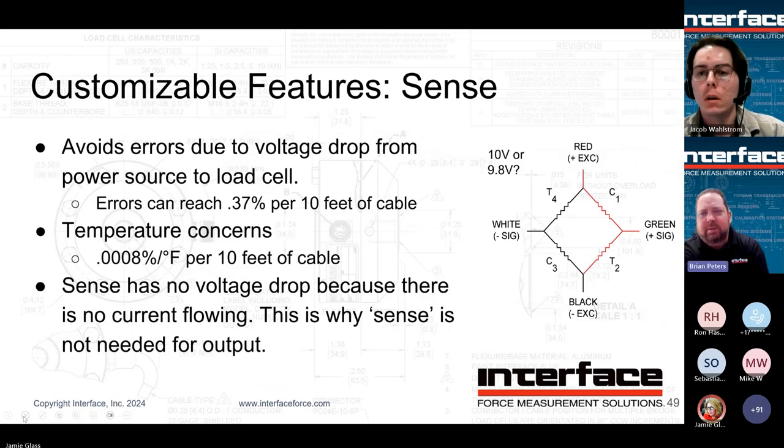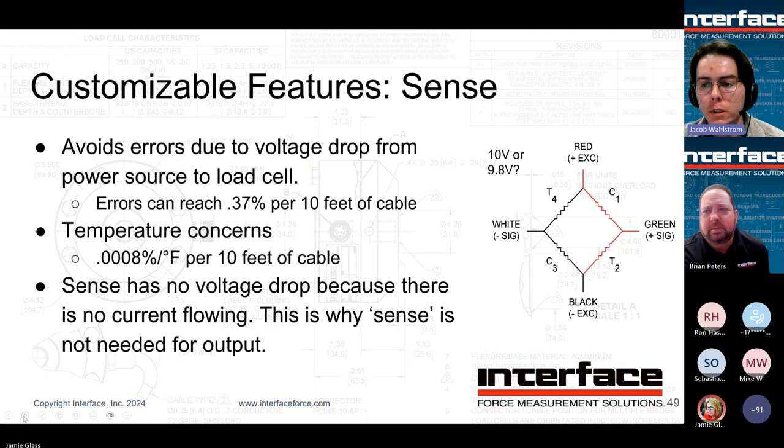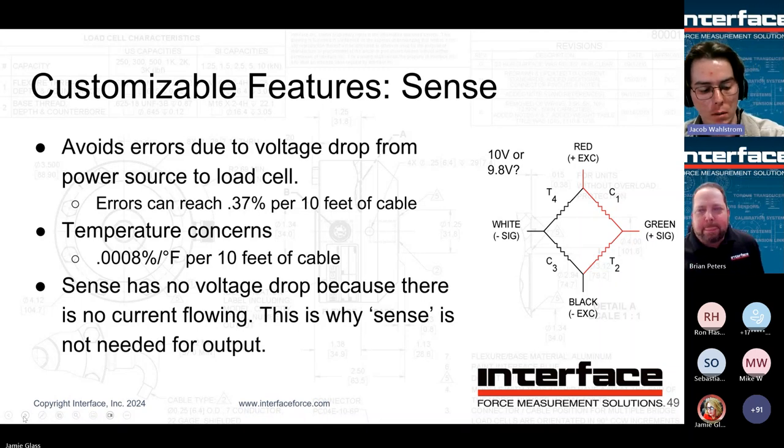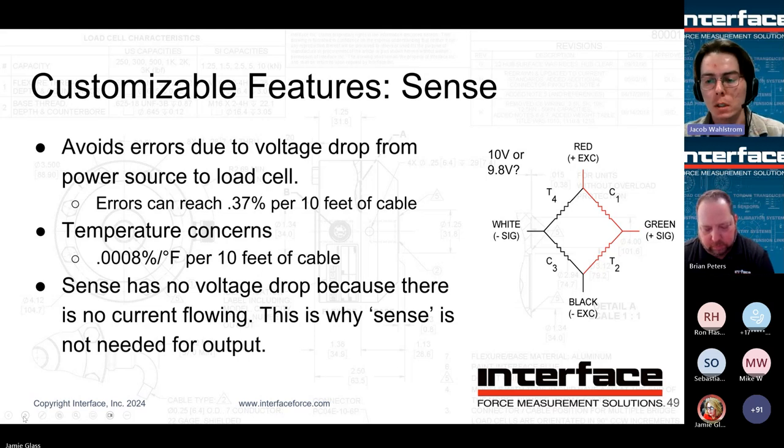You want to talk about Sense for a little bit? Yeah. So Sense is going to give you an idea of an engineering approach to the complete load cell to data acquisition system. So if you think about a Wheatstone bridge, the output is directly proportional to the applied voltage or the excitation voltage. And so if you had a long cable run or a cable run going through a place where there's going to be temperature fluctuations,